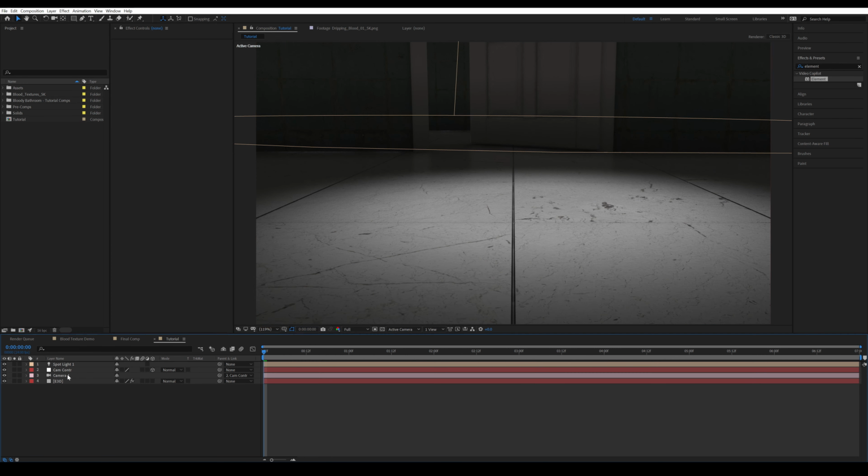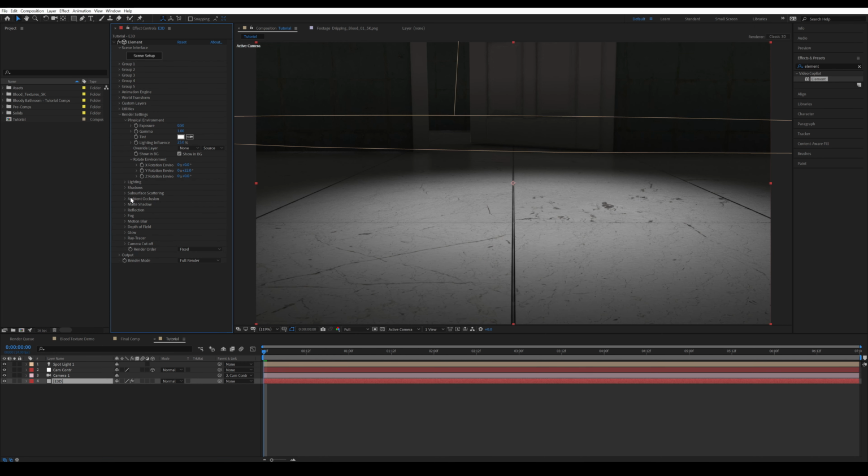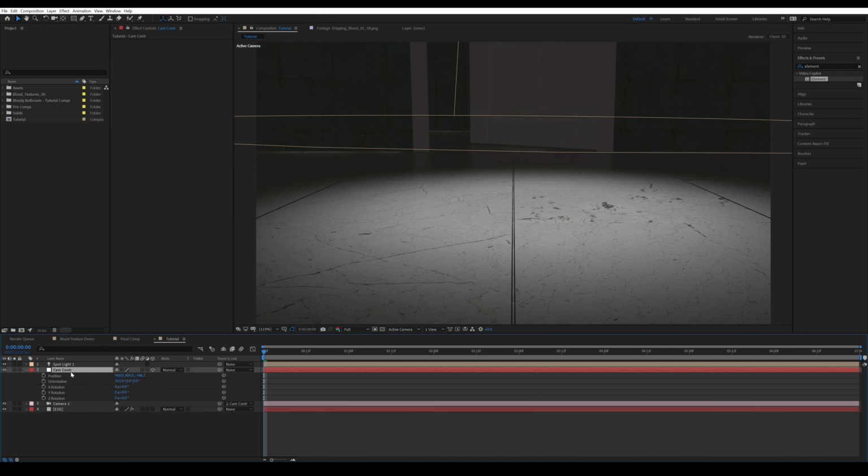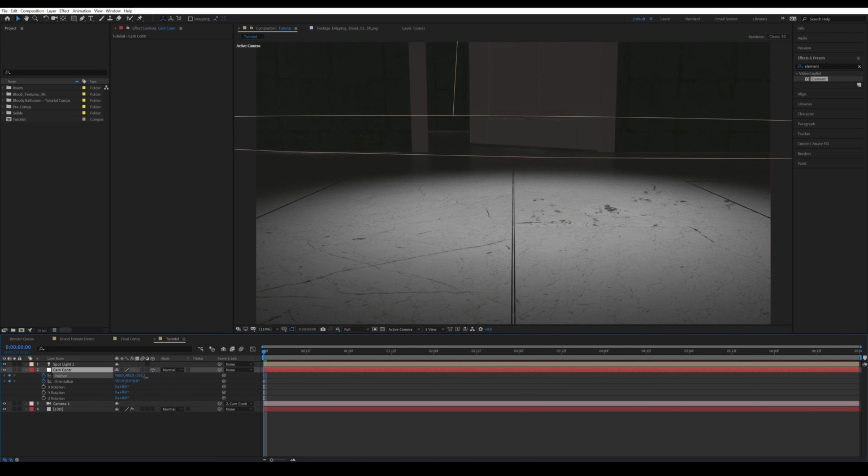Now we can start working on our camera animation, and for that we can actually turn off ambient occlusion for now because we don't need it. It kind of speeds up our process. So I'm going to press P and R, so it comes up with position and orientation. Then create two keyframes, slightly go forward,